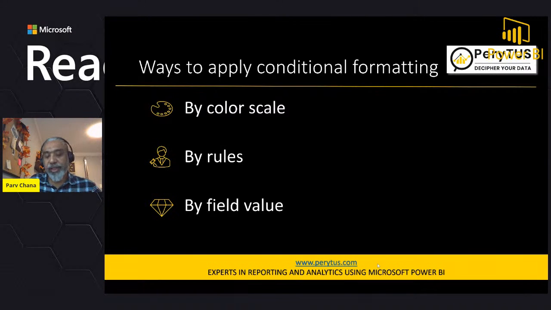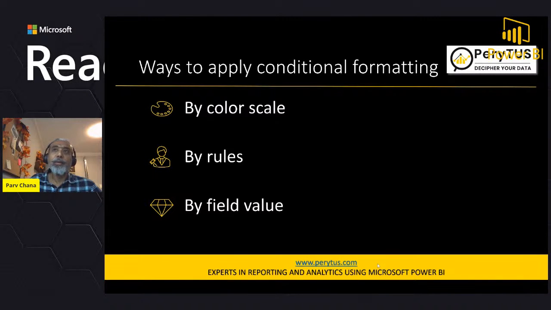You put your logic in the measure, like in the by rules, as I said, if sales is greater than 100,000, then it's a red color. And if between 50 to 100,000, it's yellow. You can also create a measure with the same condition, and then you can apply that measure in your visuals to show the different colors.